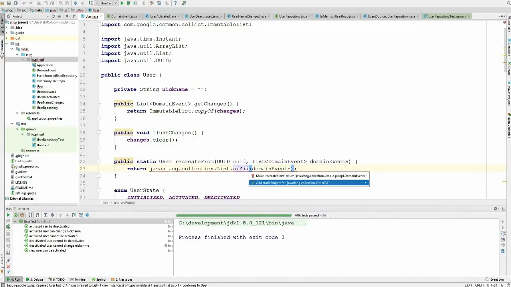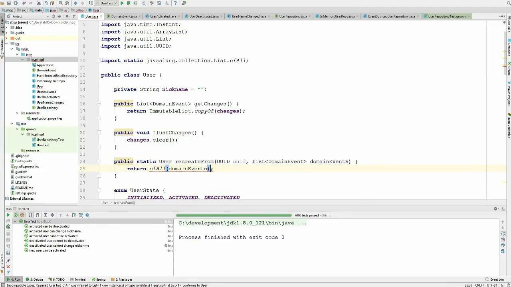We can static import that. And basically, as I said, left fold from the initial state, which is nothing more than new user from UID, and a method that will treat each event